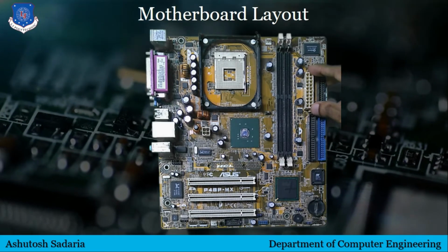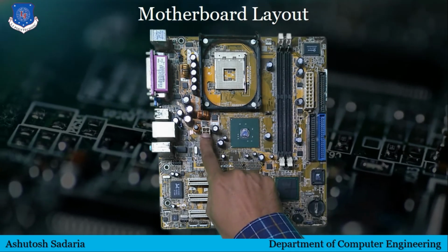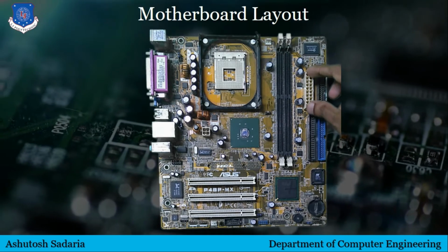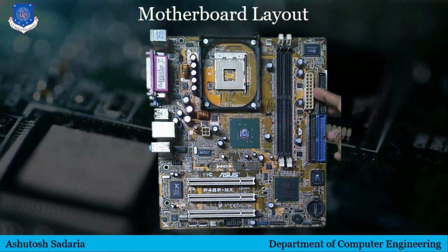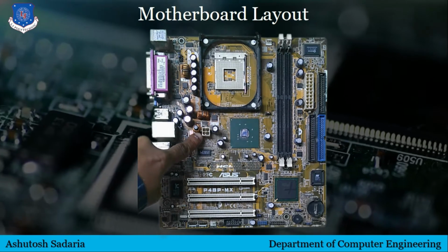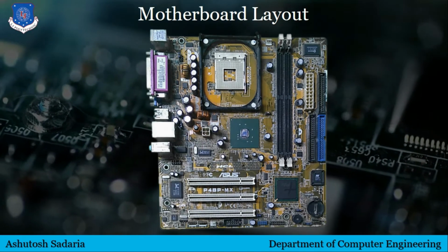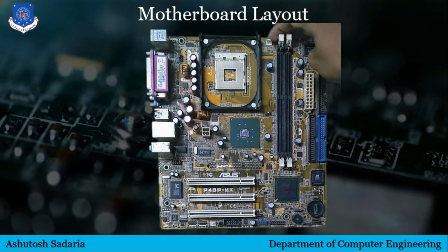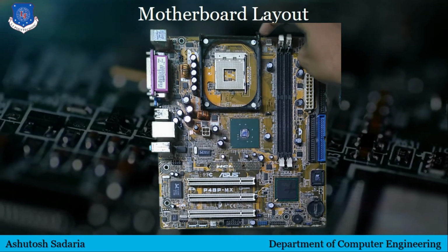The first ones are the white connectors you can see on the motherboard, this and this. This connector is used to power the motherboard itself. In this connector, you can connect output from the SMPS to power on the motherboard. And this 4-pin connector is used to power the processor. And here there are some pins, and on those pins you can connect a power cable to power on the fan of the processor.